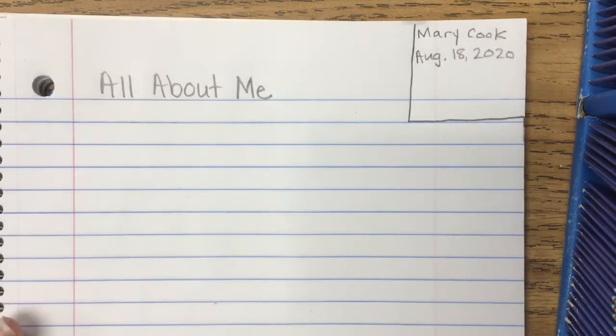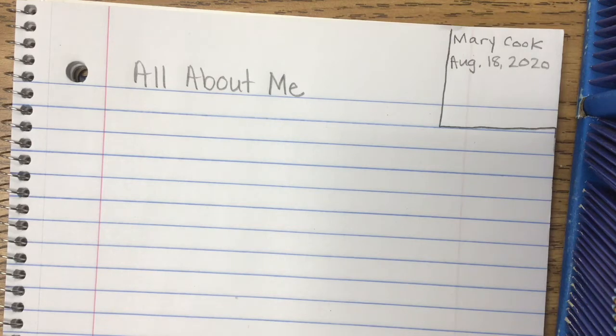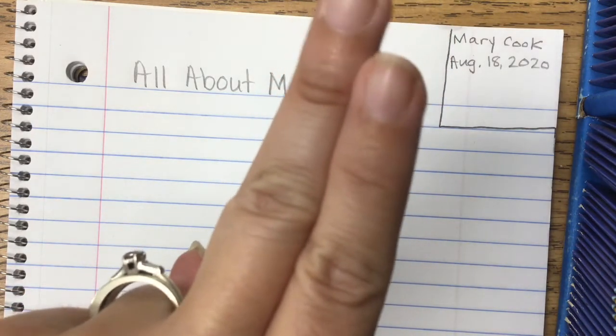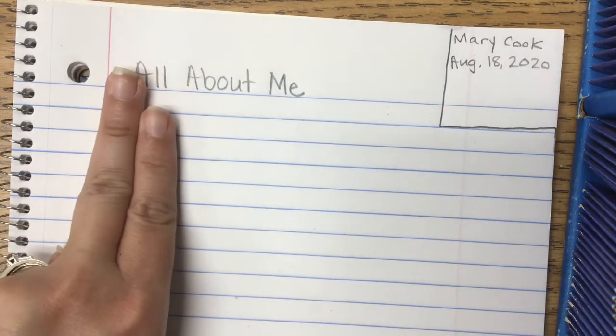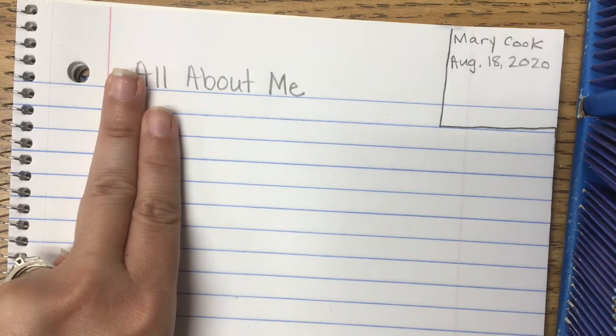Now, we are in third grade, and in third grade, we write paragraphs. And when we write a paragraph, at the very beginning of each and every paragraph, we indent. Say that word with me. Indent. Now, when you indent, here's how I like to do it. I take 2 fingers like this. I just put 2 fingers together, and I lay them on the pink line on the left margin. And that gives me a 2-finger space, and that helps me know where to start my paragraph.